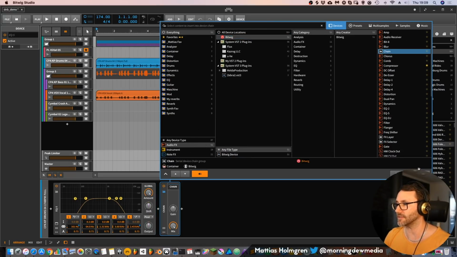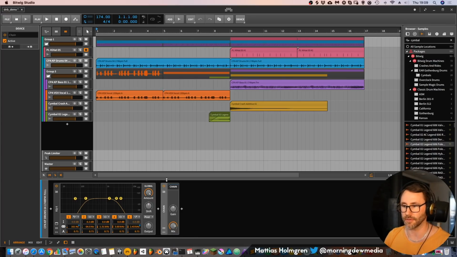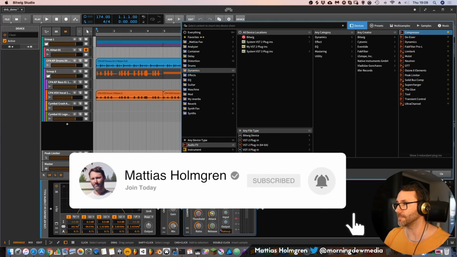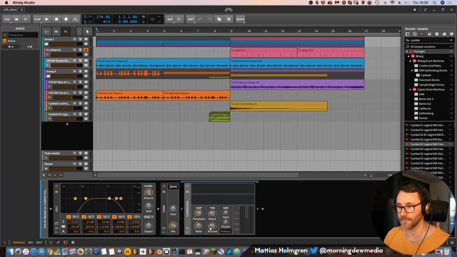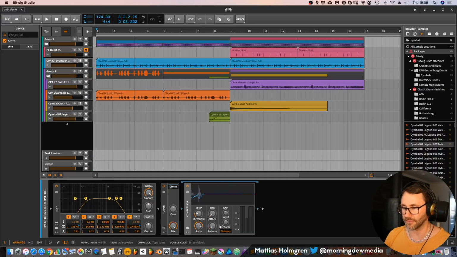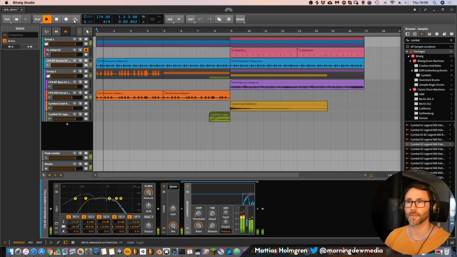You can add a chain like this, and the chain has a mix knob. So for the container, you can add a compressor or a saturator if you have a saturator. But this compressor actually can act as a saturator. If we push it really hard like this with a fast release, fast attack, a little bit of gain and a high ratio, you can hear it actually sounds like a saturator or overdrive effect. And now we can drag it back and mix to taste.